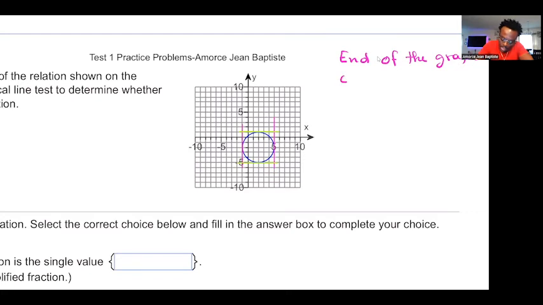The graph can end with an empty circle, an open circle, can end with a closed circle, a circle that is filled, or can end with an arrow sign like this. Now, ending with the open circle,